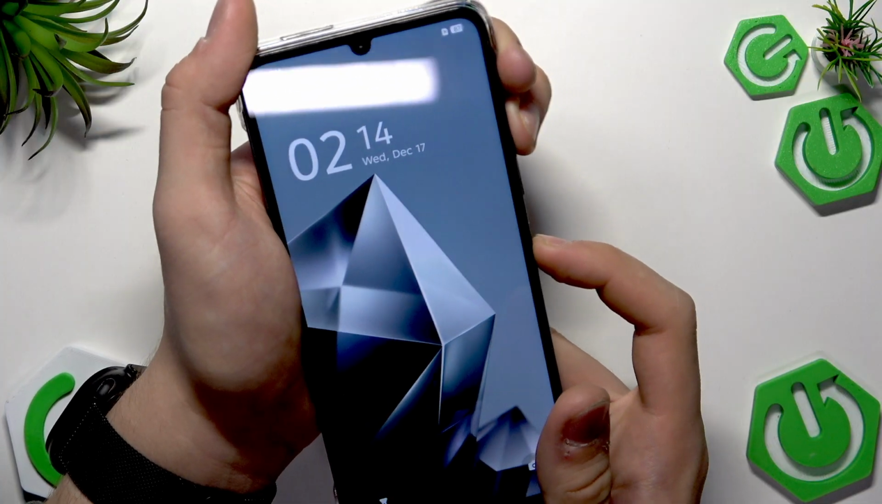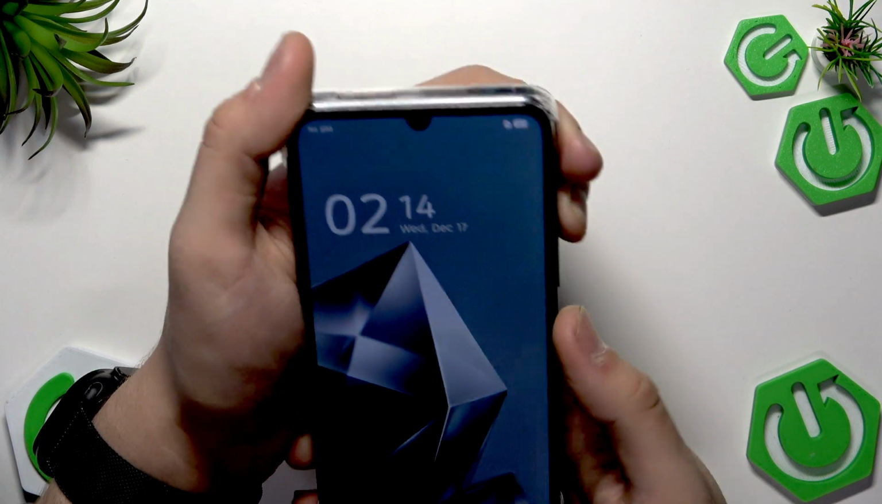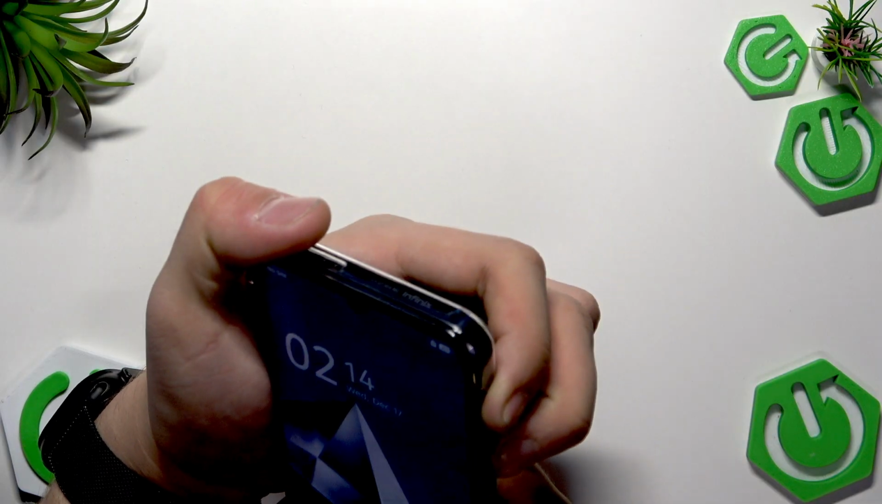I love this phone lagging so much. I don't know if it's only my own